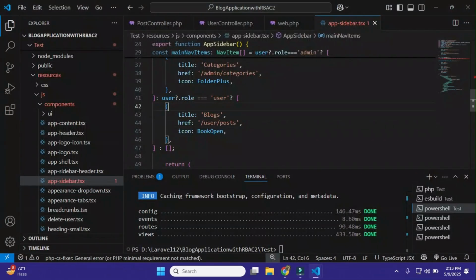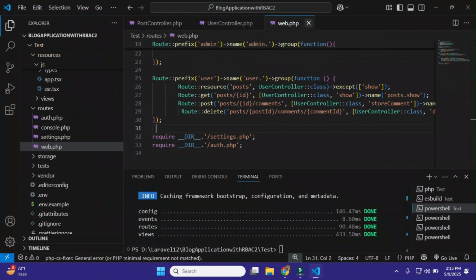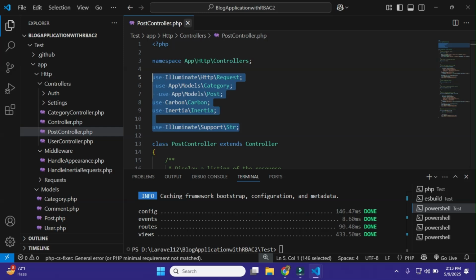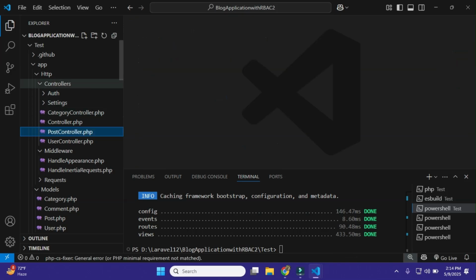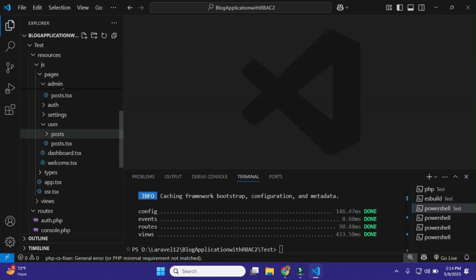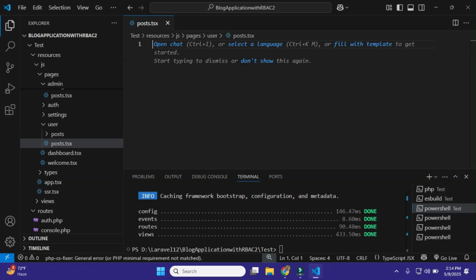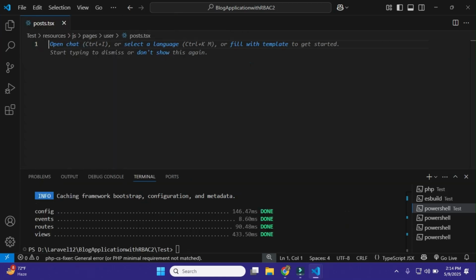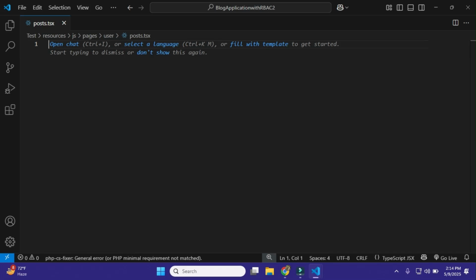But on the view, we don't have anything. We didn't define anything on the view. So we need to define it, and here is this post page, this one. So we need to define the view and make it so the user can search by category, search by title, and search by most commented blog as we saw in the demo. Okay, so let's start writing code in